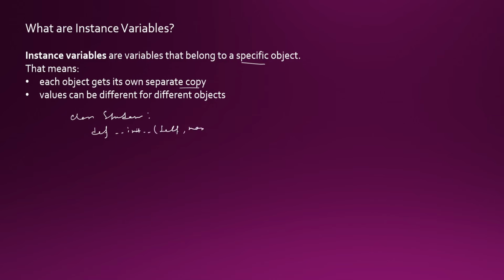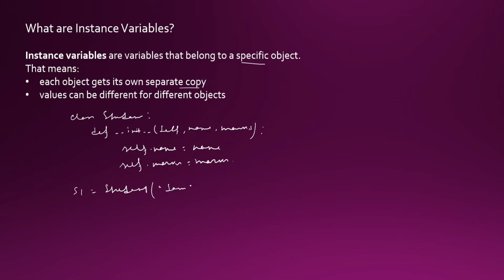Here I'm mentioning two parameters, name and marks. Now here I am mentioning self.name equal to name and self.marks equal to marks. Now I have to define my object, that is S1. I'm calling my class, and here I'm passing my data. Suppose Sam, 85. Like this, S2 student Bob, 75. Now if I print